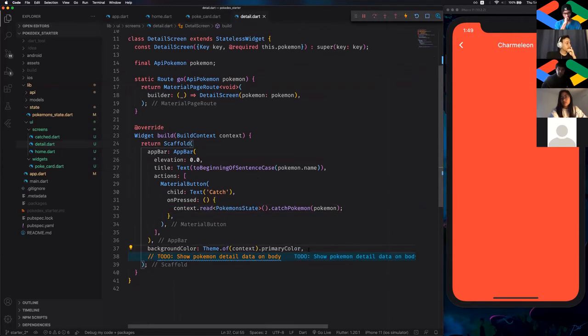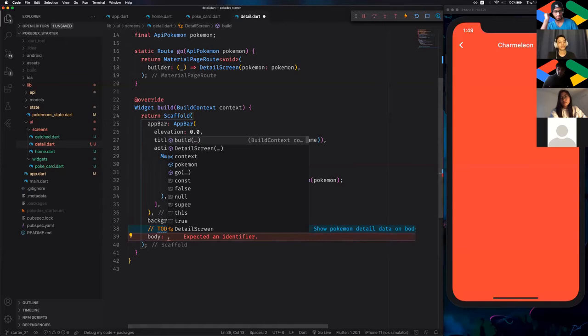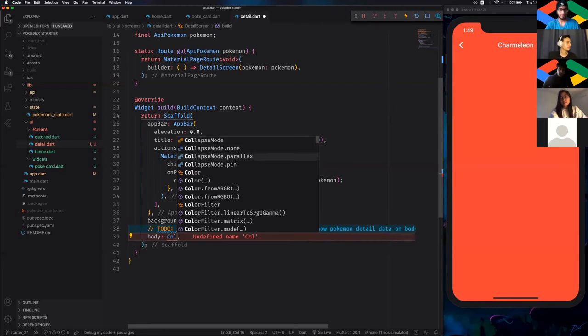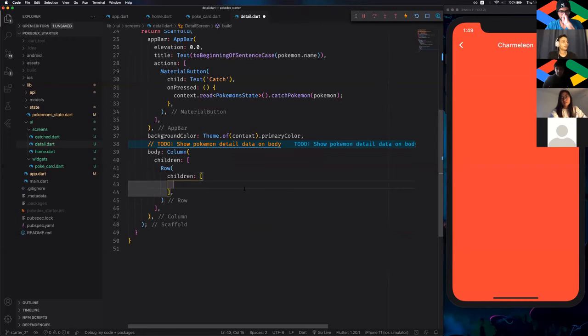Okay, so we need to show the Pokemon detail data on the body. So we need a body to do that, and that body will be basically a column. It's gonna have some children, and the first one will be a row. You already know the widgets, so I'm not gonna go through them. And then we're gonna create another